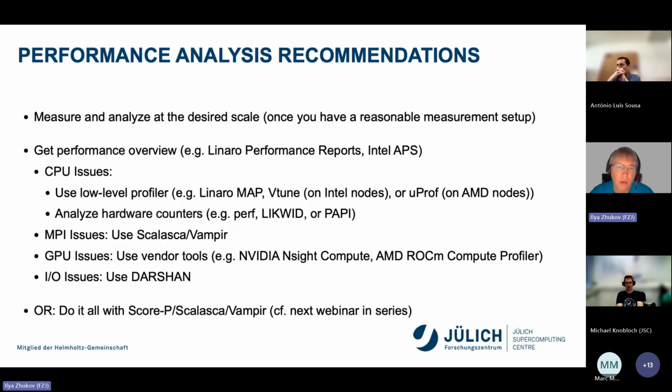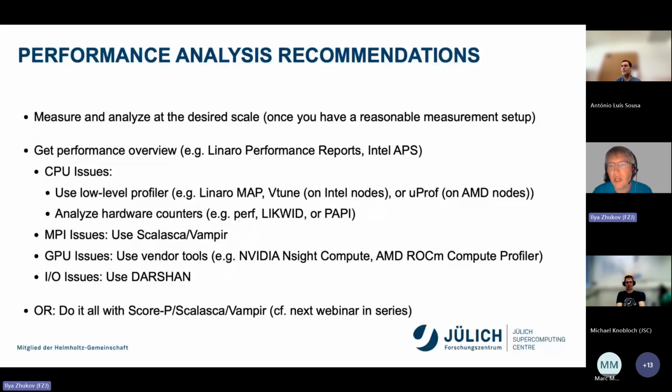Then we will present a short overview of different tools. Our personal favorites to start with are the Linaro Performance Reports or Intel Application Performance Snapshot, which provide you basic information about how your application was running, how much time was spent in computation, wall time, how much time was spent in threading and MPI, and so on.